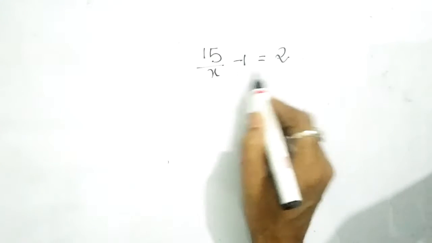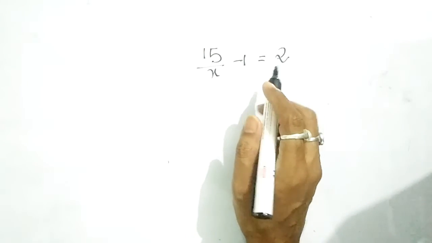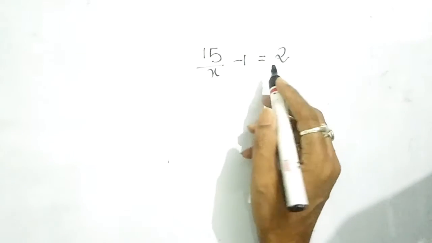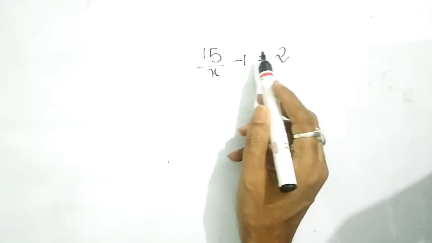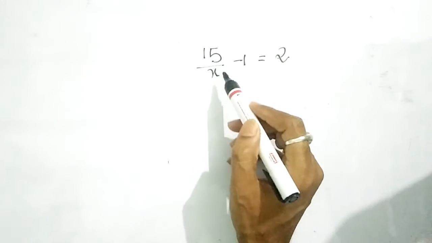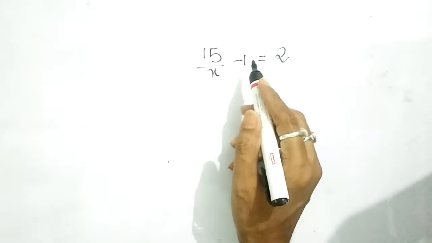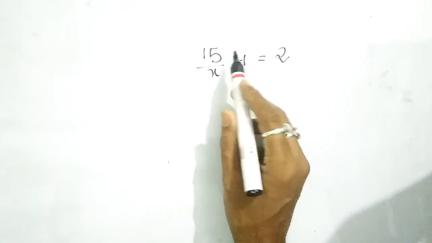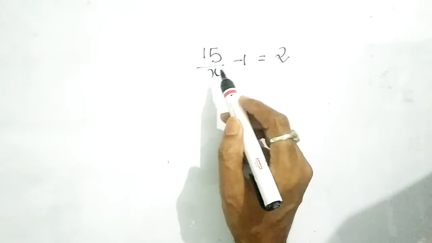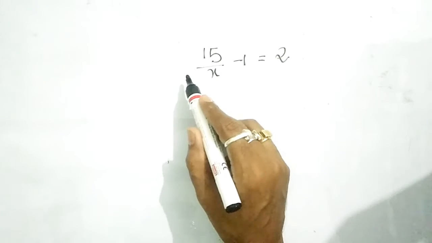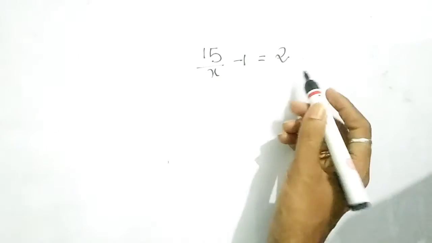For this kind of question, how to solve an equation, the main point you should remember is that we have to write the variable alone at the last. That means there should not be any number assigned with the variable. This is trick number 1, the main step you should remember. The variable x should be alone, either on the left hand side or on the right hand side. This is the main concept you should remember.